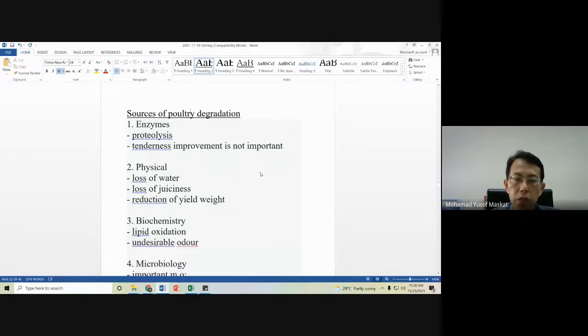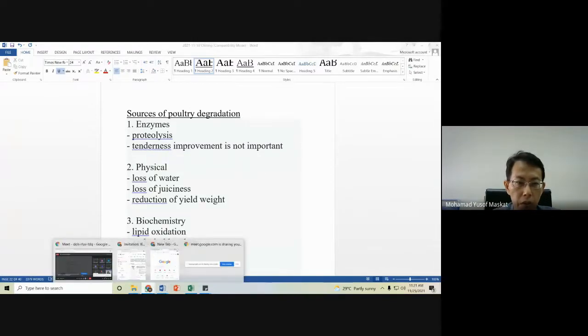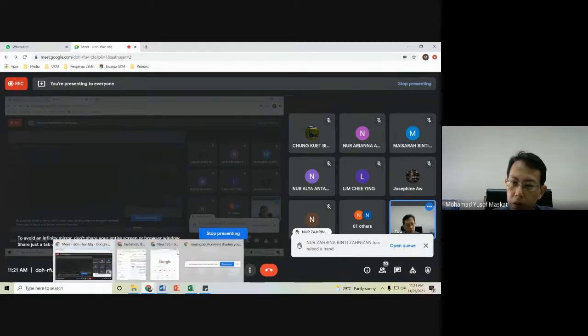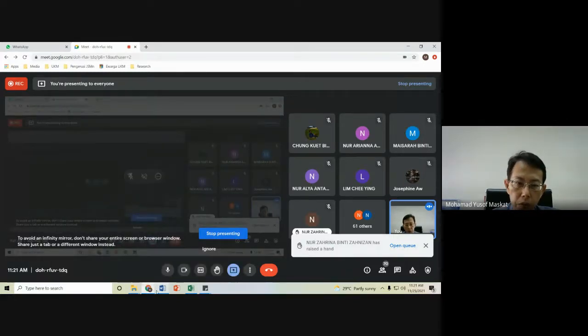However, in poultry it is not as important because remember, in meats, especially in Western countries, when they have slaughtered the animal and processed it, the whole carcass, after the skin has been removed,